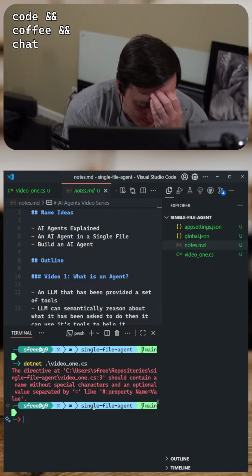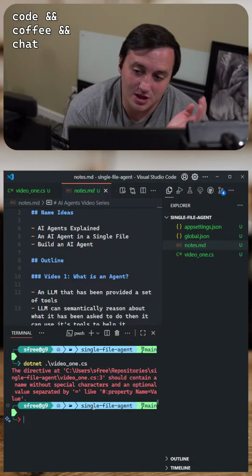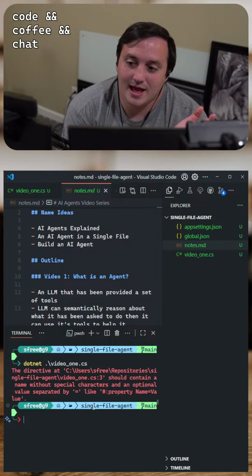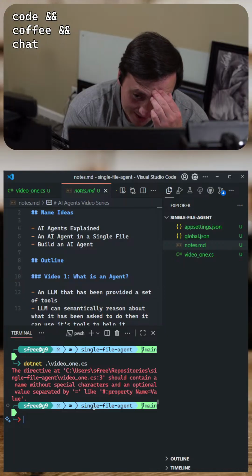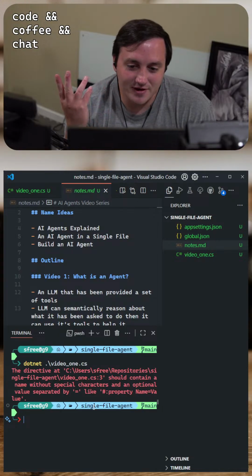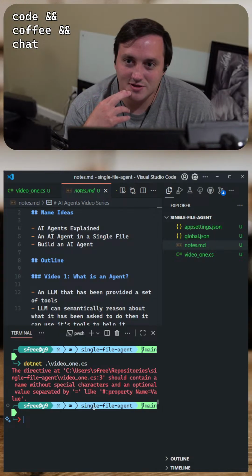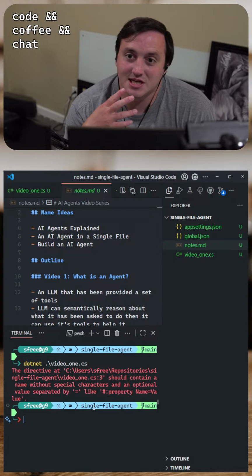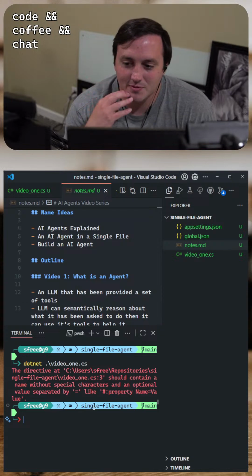I think people have far overblown the degree that LLMs are going to replace human beings, right? I mean, you see people like the CEO of Anthropic and the CEO of Microsoft making all these claims that in 6 months 90% of all code is going to be written by AI.